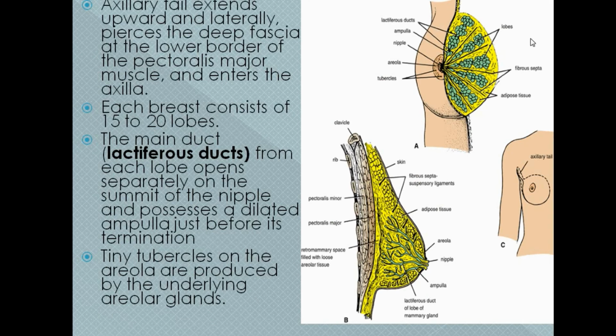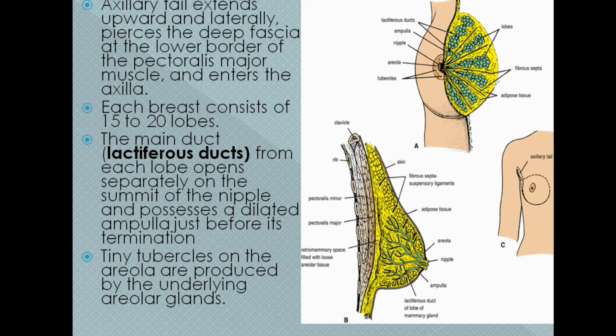Okay, this is again a cut section that shows the multiple lobular structures and the lactiferous ducts, drained by the lactiferous duct, and the duct opens up into the nipple. Before they open up there is a dilatation, and that dilatation is called a lactiferous sinus. So each breast consists of 15 to 20 lobules. The main duct of the breast is the lactiferous duct, and all the smaller ducts open up into the large lactiferous duct and ultimately terminate into the lactiferous sinus.